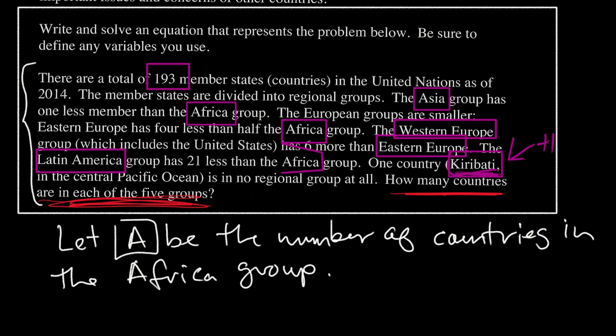So before you go on and proceed with the lesson check, spend some time working with that, and you're correct, if you add the Asian group and the African group and the Western and Eastern European groups, the Latin American group, and you add Kiribati to that, you get 193. So if all those internal relationships are there, when you add them up, you should get 193. So take some time to do that. If you want, it's totally cool if you call up a friend and say, hey, let's look at this problem before I proceed. But then go ahead and move on, do the lesson